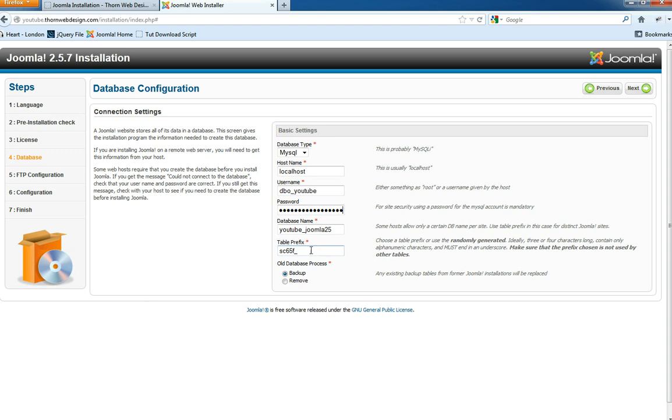Okay, so the table prefix. Now another point on this is that the table prefix for every single table that gets made by Joomla shortly will have, let's take the menu table for example, in this case sc65s underscore then menu. Now, when it comes down to the likes of SQL injection and people trying to hack your website, if you name this like, say, JOS, which many people do,